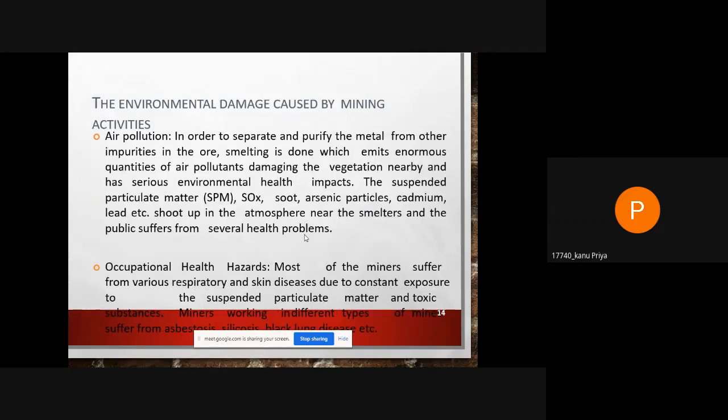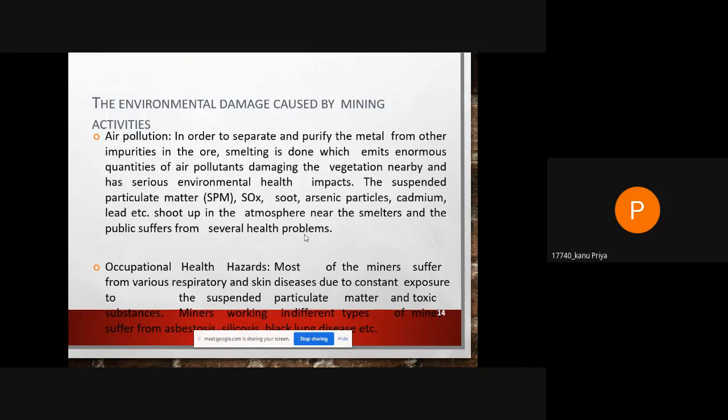Air pollution. In order to separate and purify the metal from the other impurities in the ore, smelting is done, which emits enormous quantities of air pollutants, damaging the vegetation nearby and causing serious environmental impacts. Suspended particulate matter, SOx, soot, arsenic particles, cadmium, lead shoot up in the atmosphere near the smelters, and the public suffer from